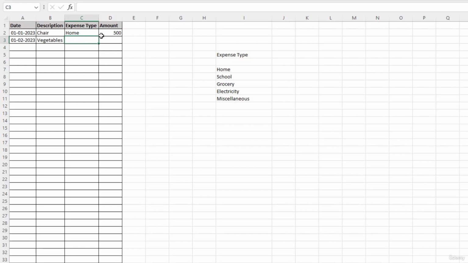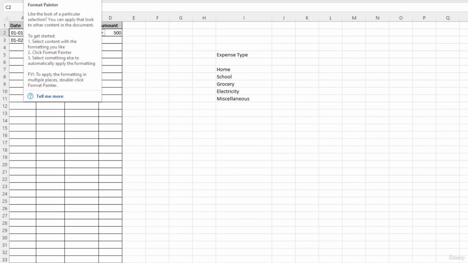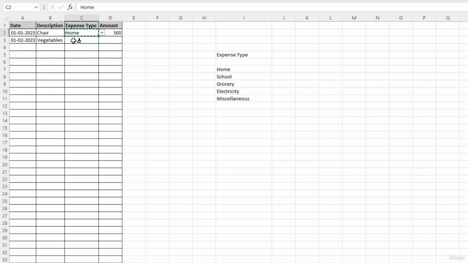Now I don't see a drop down here since I did not copy the formatting of the cell above. So let me do that for all the cells in this column. I will click on this cell, go to the Home tab and then click on Format Painter and then paste the formatting on the required cells. Another way is to copy the cell C2 and simply paste it across cells